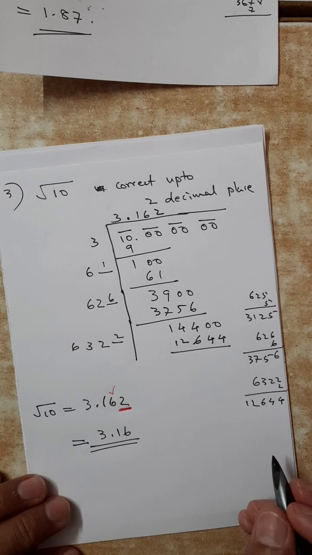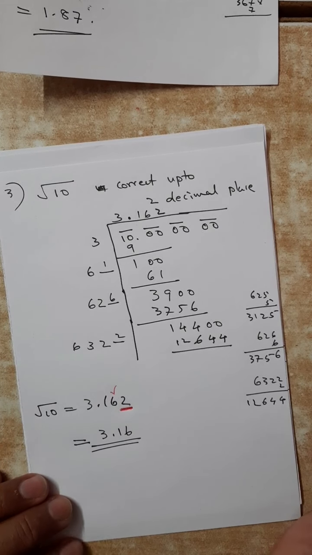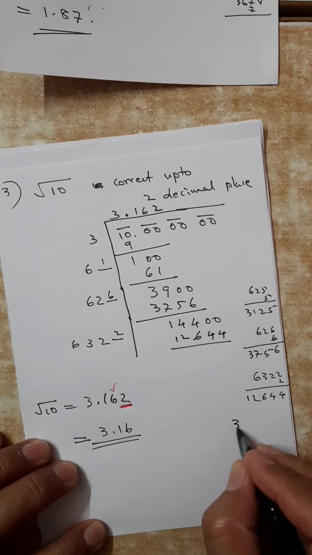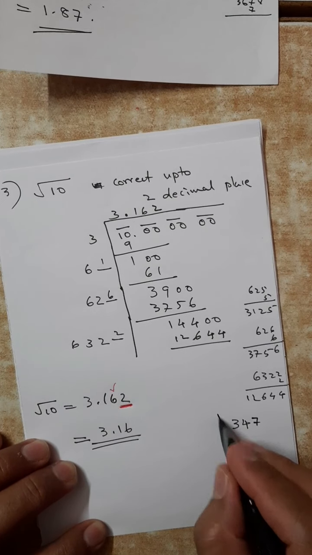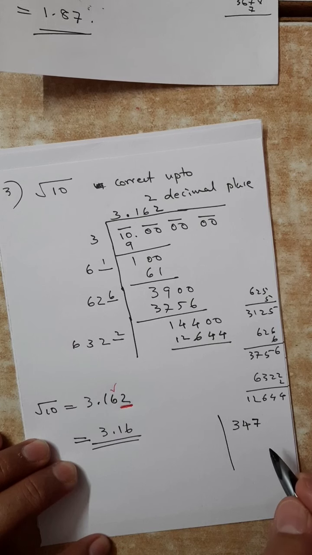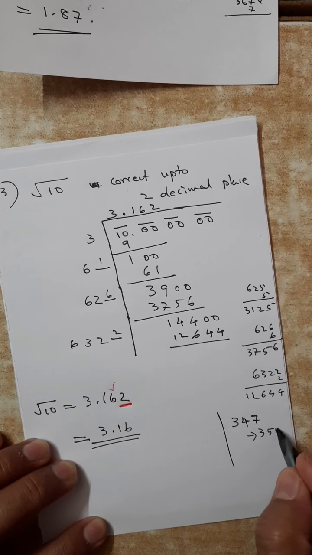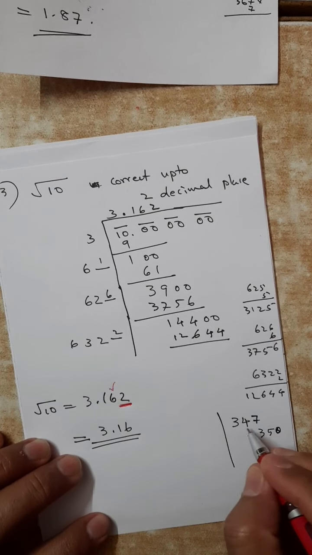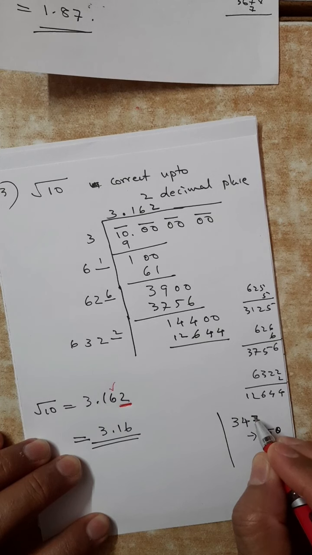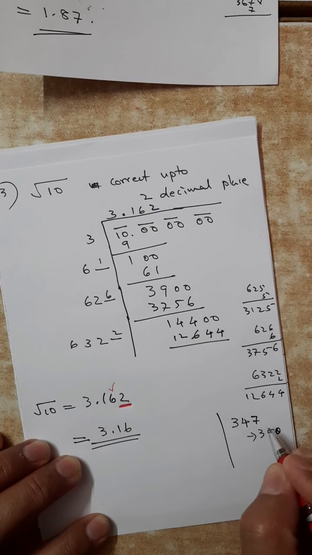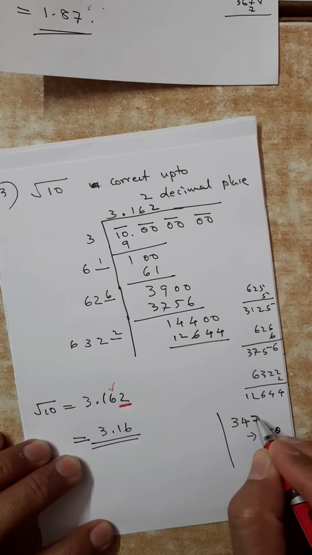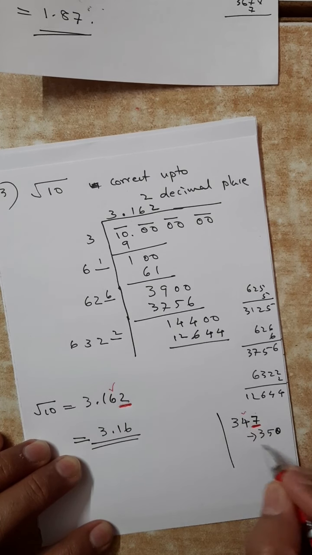Rounding is done. Rounding off to 1000, rounding to 10,000, etc. we studied. If it is 347 and the question is to round off to the tens place, we will write 350. Why? Because it is rounded to the tens place. The ones place is not important. So this 7 I am going to make a 0, and in the 40s I need, that means in tens I need, so the 4 is changed to 5 because the 7 is more than 5. That much accuracy is not needed. So I will write it as 350.